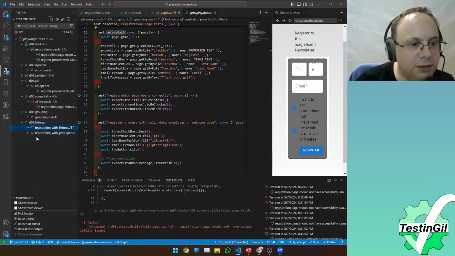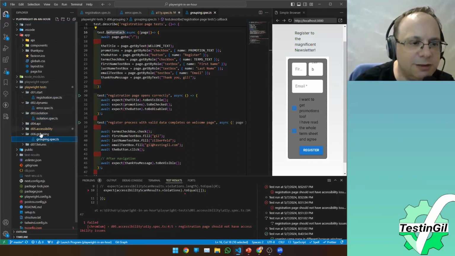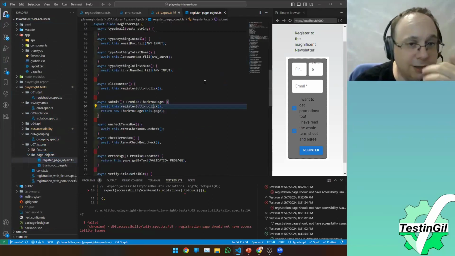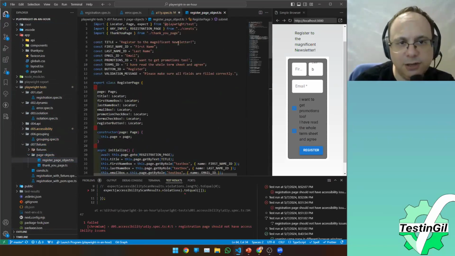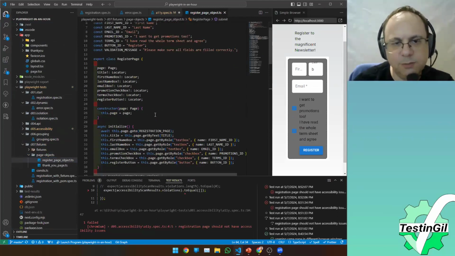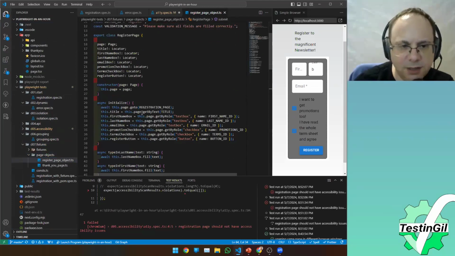So where am I? I'm in the test explorer. Let's look at it. Yeah. So the page object for registration, my registration page, looks like this. It has all the text that I need to do, all the locators that I need to find. It creates an abstraction from the test. I have an initialize method that